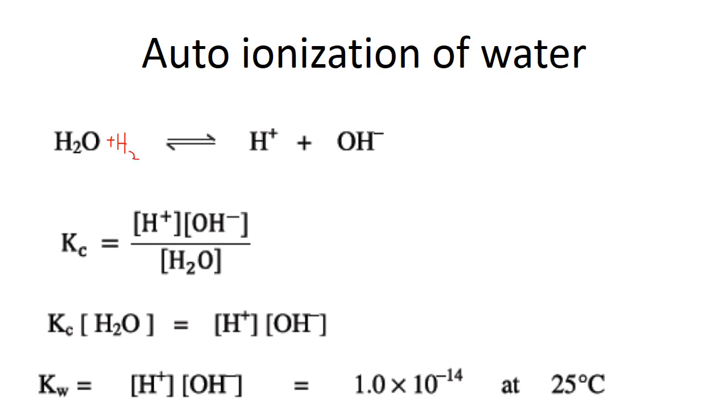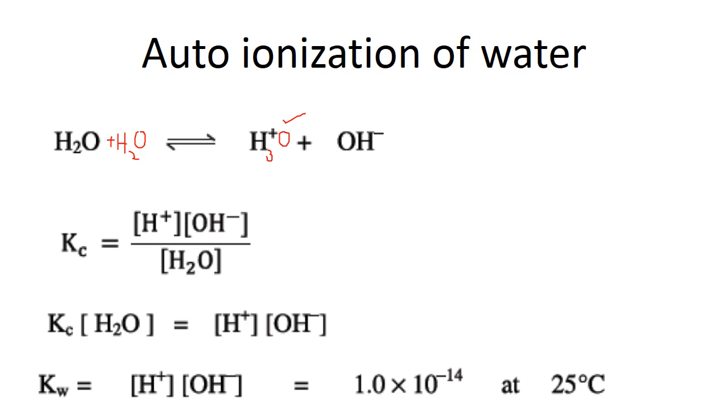And definitely when water molecules are reacting together, they will give hydronium ions. So it can be hydrogen ion or hydronium ions. Now here we are taking hydrogen ions, but in actual they are hydronium ions. So if I write about equilibrium constant value, you all are familiar with it.